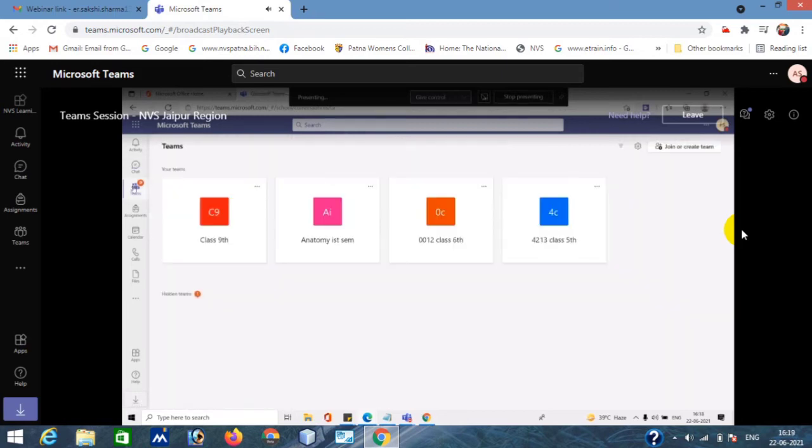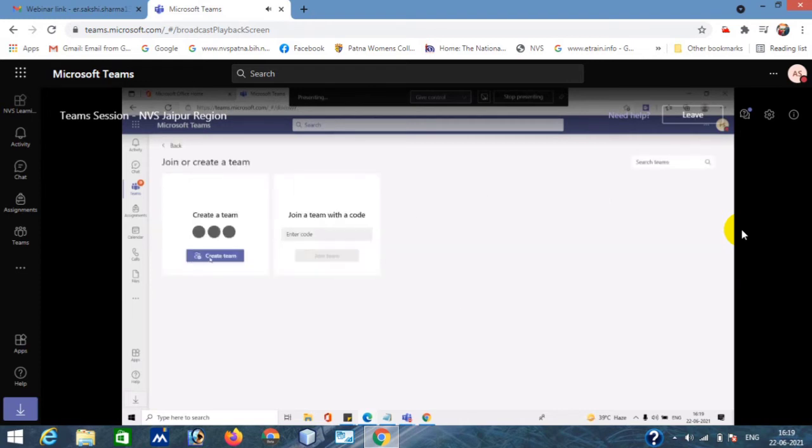One thing I want to tell you is how to create your own class, because here we have just seen how to use the already created class. Let's suppose anyone asks you to create your own class, or you want to create your own class for some purpose, so you will get this option, join or create team, just below your name on the right hand side. You can click on create or join team, right?